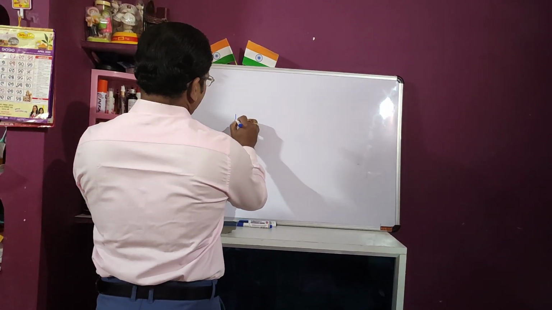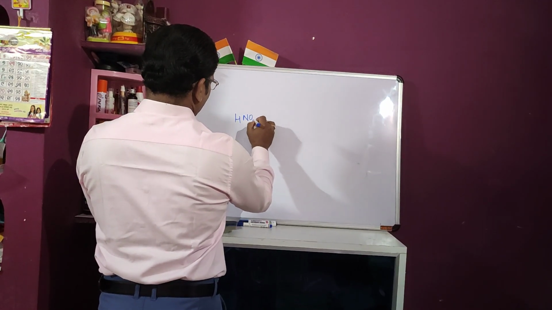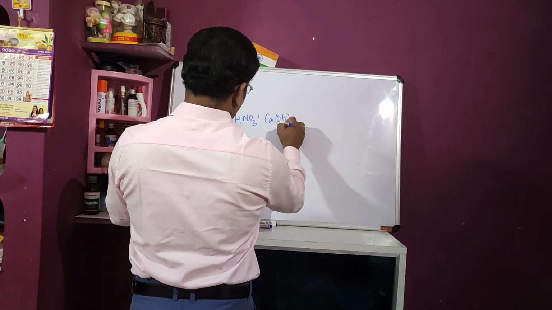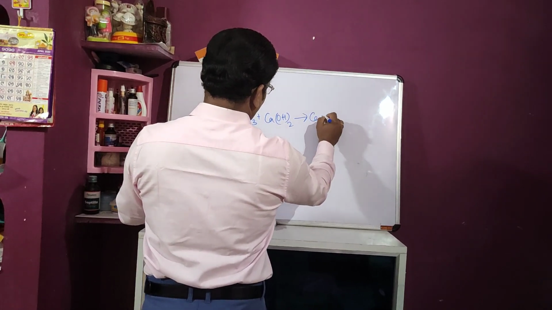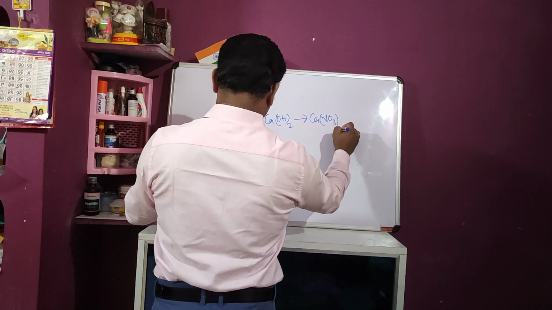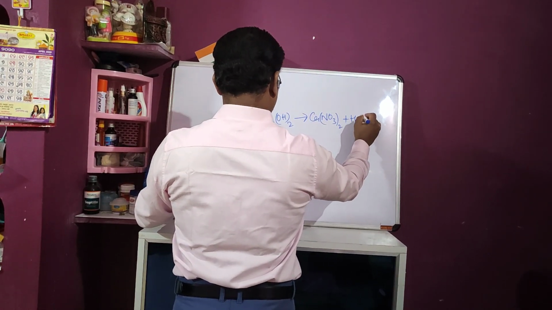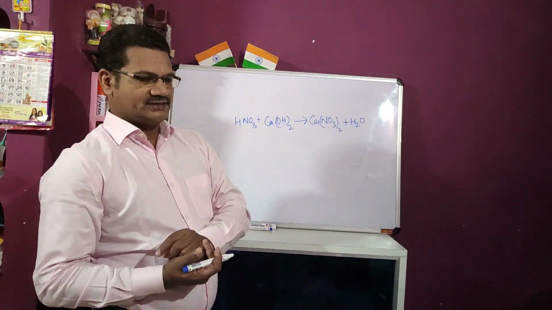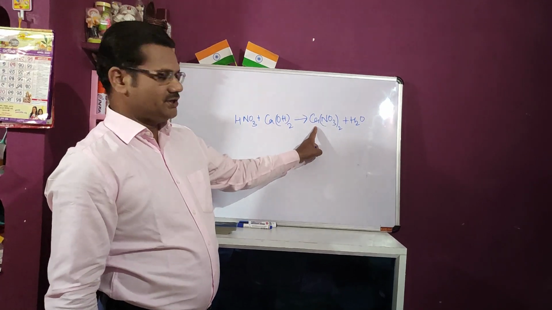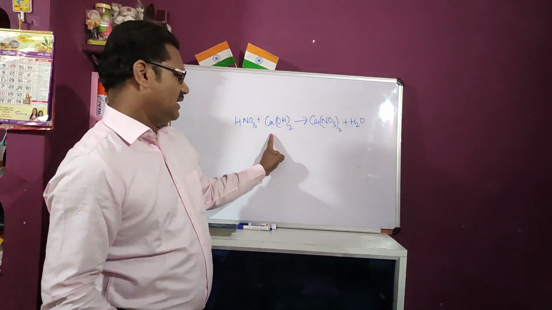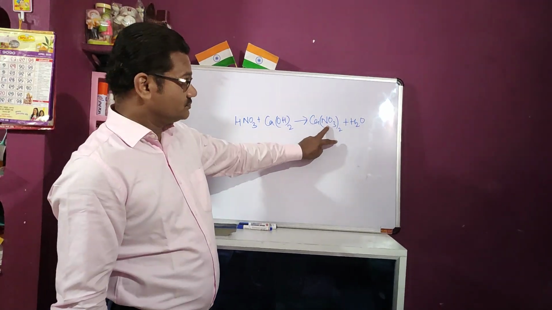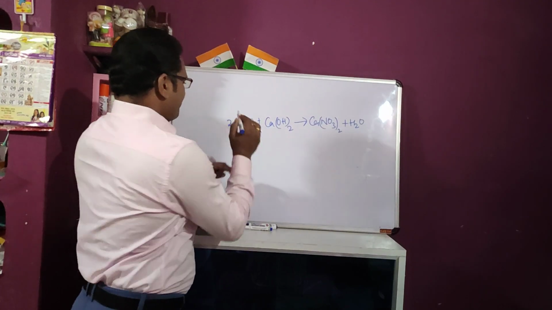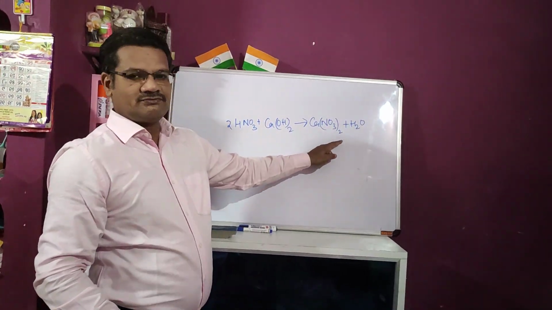Let's say nitric acid HNO3 reacts with calcium hydroxide, gives calcium nitrate plus water. Now the biggest formula is calcium nitrate. In that, we have 1 calcium here, here also 1 calcium. It has been balanced. Next, nitrogen. There are 2 atoms of nitrogen here, only 1 atom of nitrogen there. So I shall multiply by 2 here. Now 2 atoms of nitrogen, 2 atoms of nitrogen.